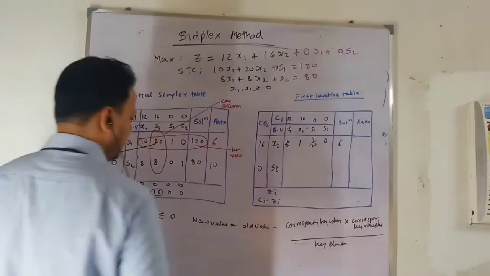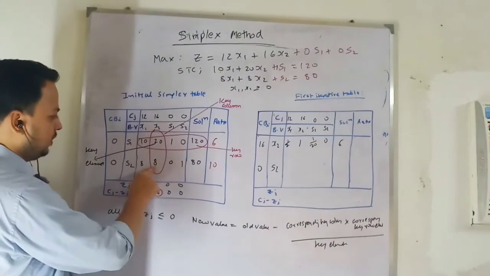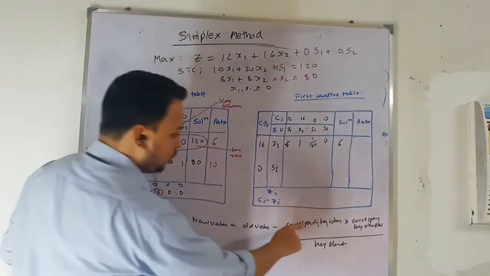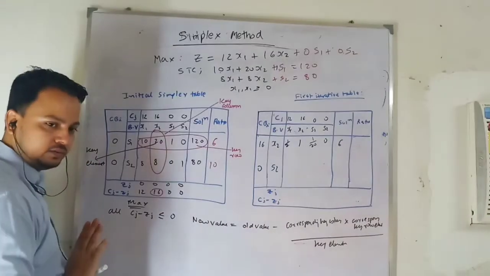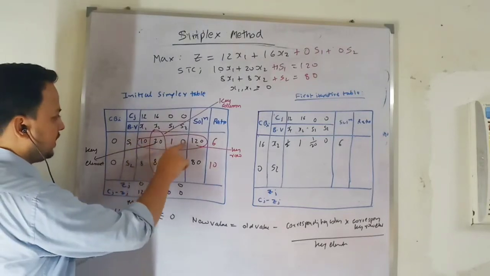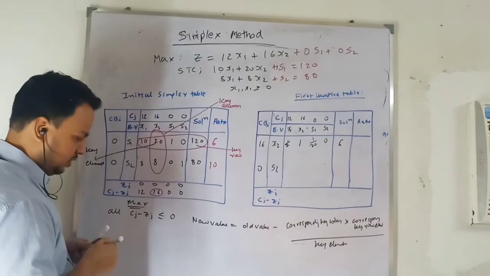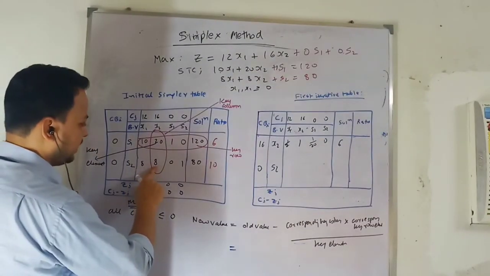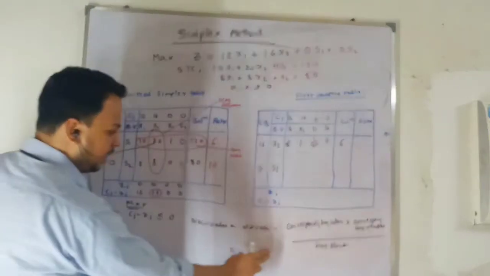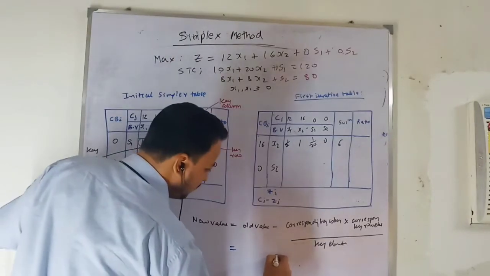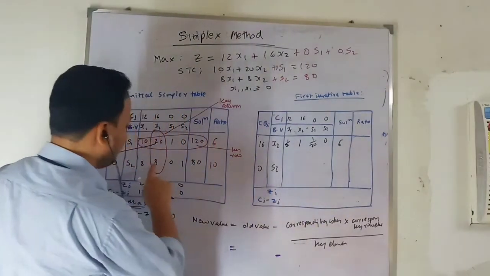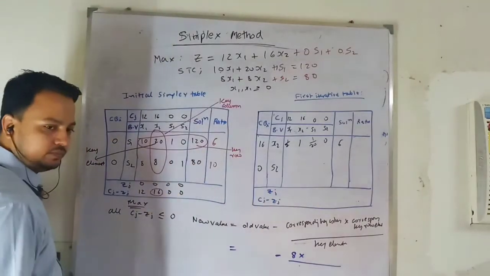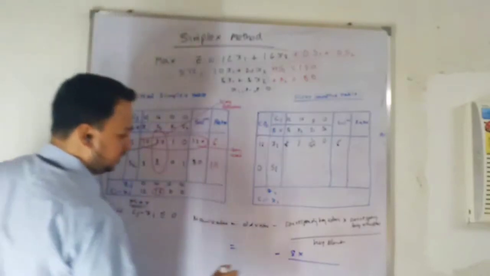Okay. One thing, in order to simplify: the corresponding key column element is only 1, 8. But the key row element is changing. So when I am doing it, the old value is 8, then in the second case it will be 8, then 0, then 1. So I have to change this every time. I am not writing anything here. The corresponding key column element will be 8. It is not changing. The row element will keep changing. The key element I have only 120. So divided by 20.